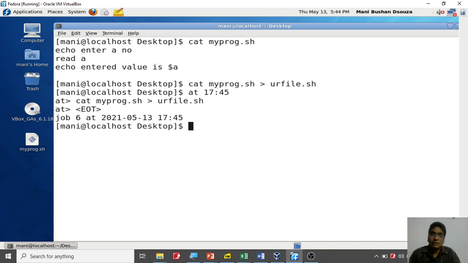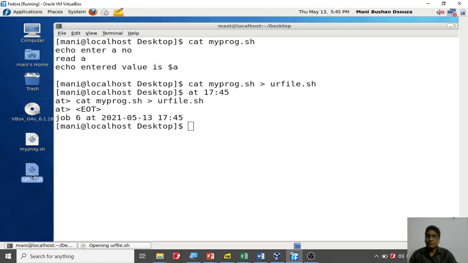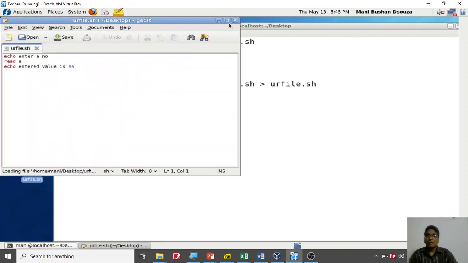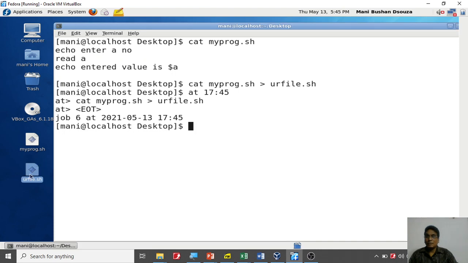So at 17:45, is it over? Oh, I think that time is already over. Okay, it just got executed, and you notice that it just created that file. Can you see there? Okay, I can wait for 2 minutes and try it. Now 45 is past. I'll delete it again. Remember, at that particular time, it's going to create it. Okay, let me try it one more time.